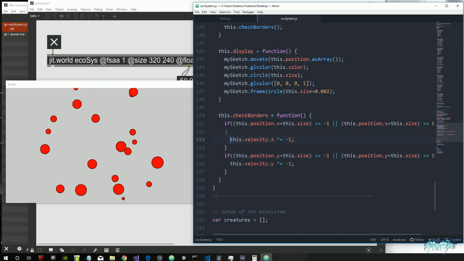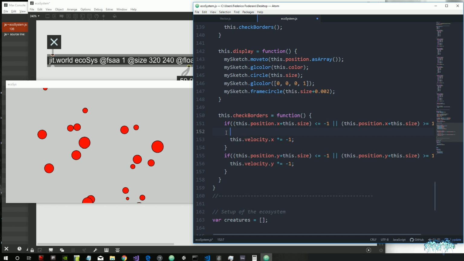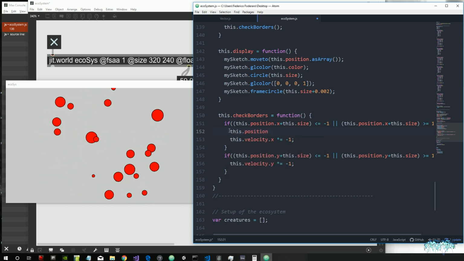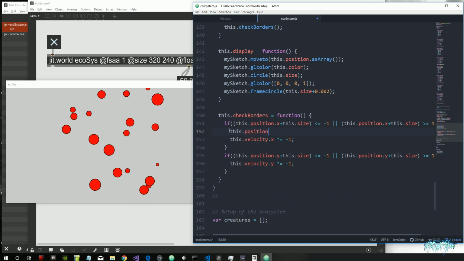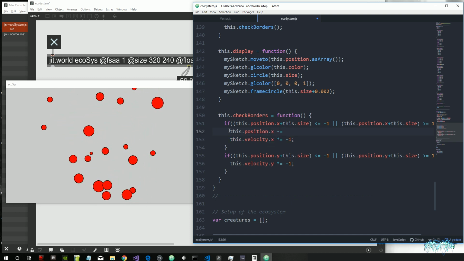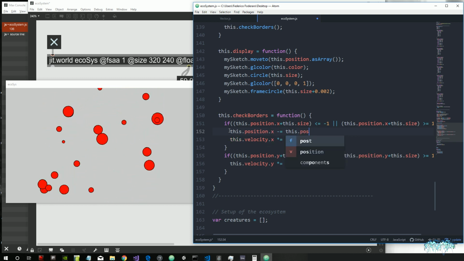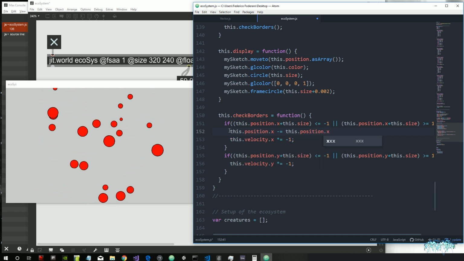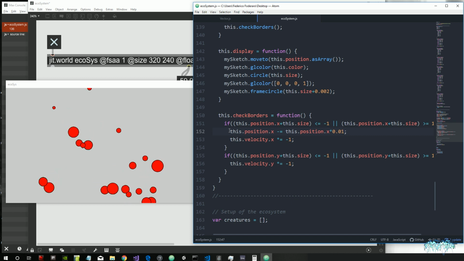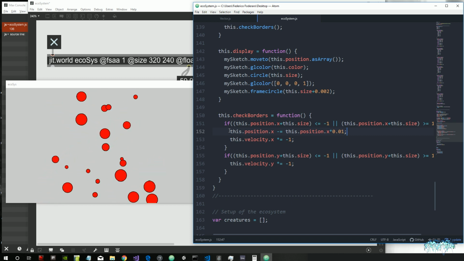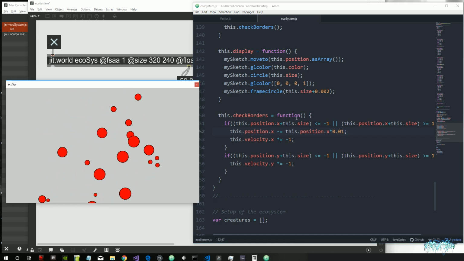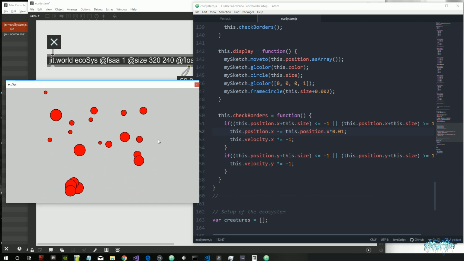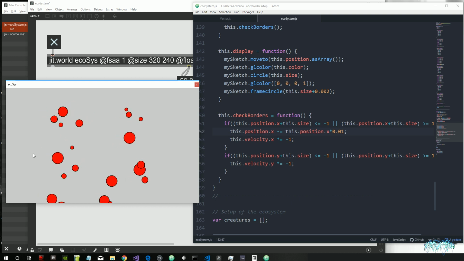So to do this, let's maybe do something like this dot position dot x minus equal to this dot position dot x multiplied by a really small quantity. So let's actually try if this kind of helps, because then in this way we bring the position a bit back. So for example,